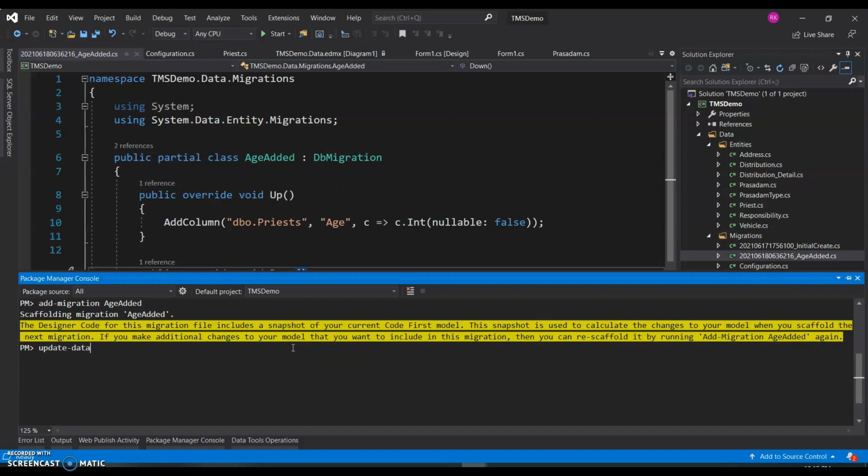But I don't want to go that route because I want to show you how this can happen automatically in, let's say, a customer machine in a production environment where you don't always have Visual Studio hooked up. This all has to be done through code, not through Visual Studio. If you just say update database, this migration runs and it creates the respective age column in the priest table. But I don't want to go that route. I want to take another route where the application itself is smart enough to run the migrations if at all it is required, and appropriately take some actions on it. So that we will see in the next video.